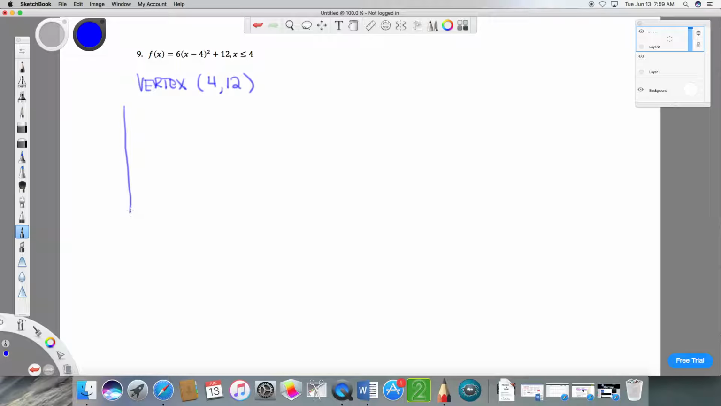So a sketch of this graph is something like this for a parabola where the vertex is (4, 12). But this is a little bit incorrect because it's saying that x is less than or equal to 4. They've restricted the domain, not because of the quadratic function. The quadratic function itself could be all real numbers, but we're trying to restrict this, and the reason